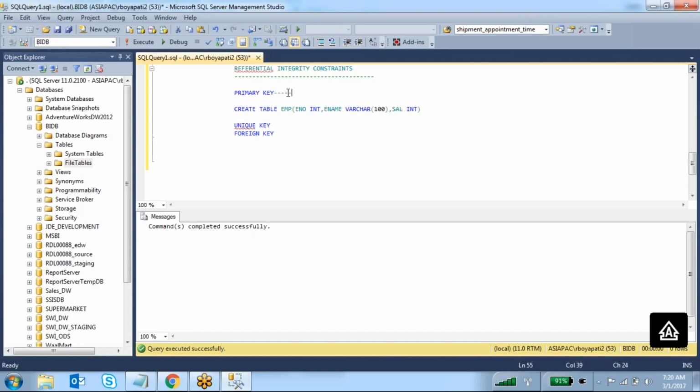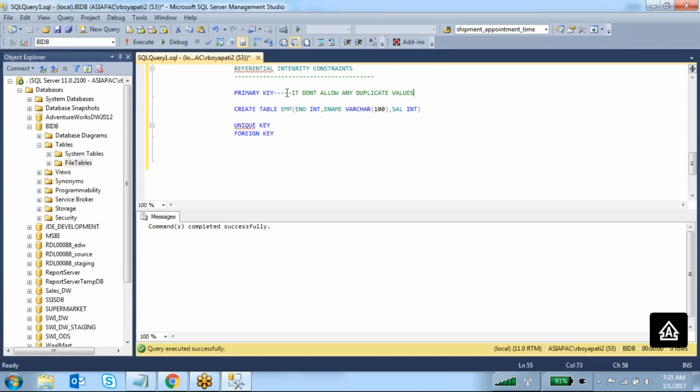once you create this primary key, it doesn't allow any duplicate values. For example, if you insert 100 as the employee number, and again you try to insert 100 as the second employee number, it doesn't allow it, because it's a duplicate value, no repetition.